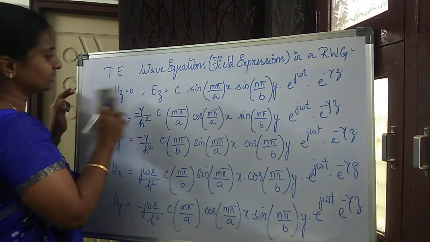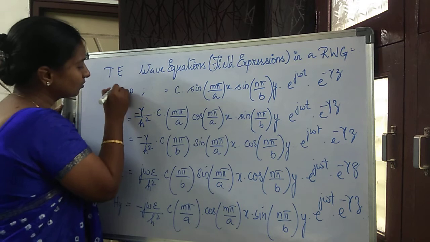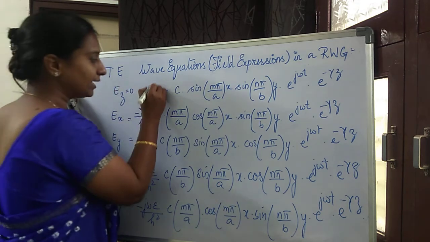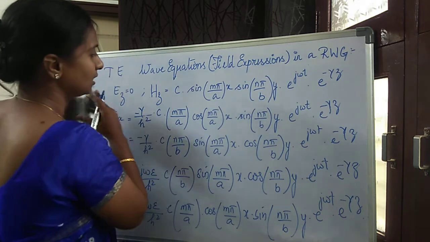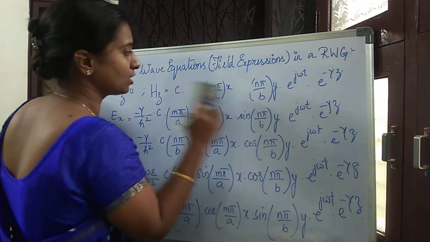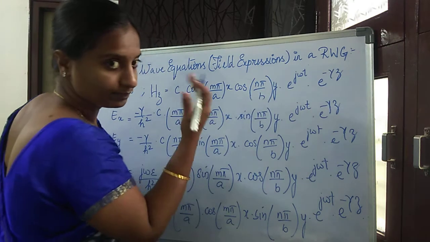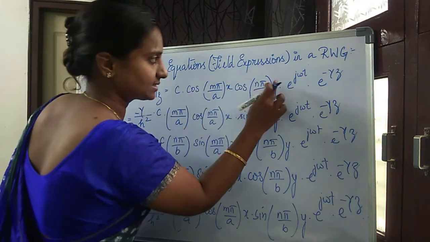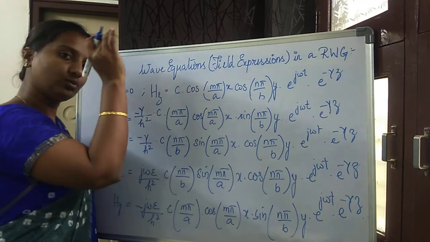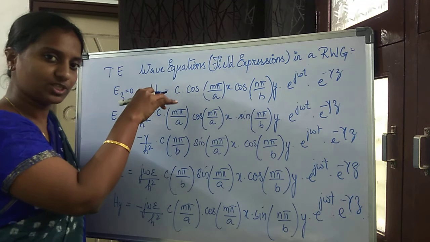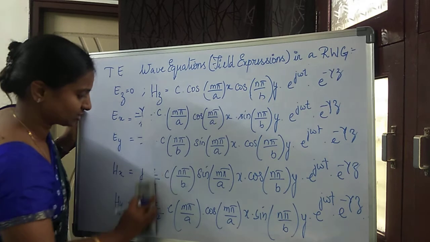So what is going to be the set of equations for TE? For TE I know Ez is 0, and I will obtain the Hz equation from the same Helmholtz equation and the boundary conditions. Here I will have cos terms. This is the only difference when compared to TM. So this is the Hz equation which I have obtained. By substituting this Ez and Hz value in the general wave equations, I will once again obtain the Ex, Ey, Hx, Hy equations.